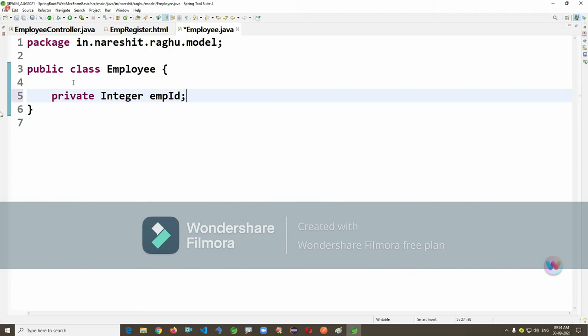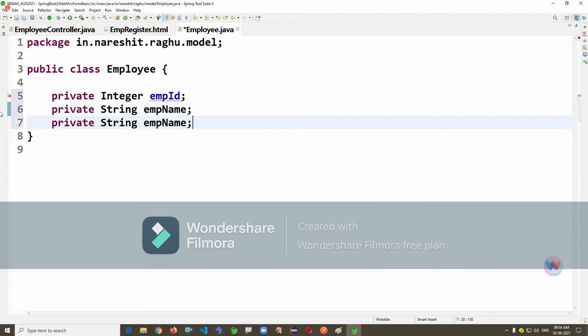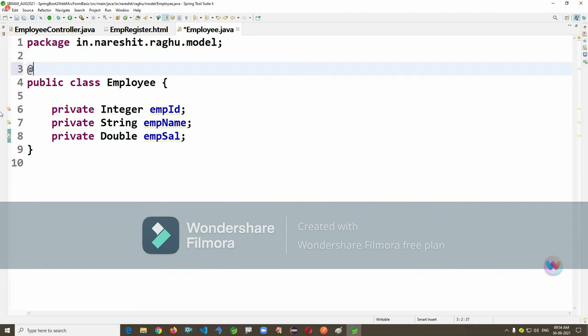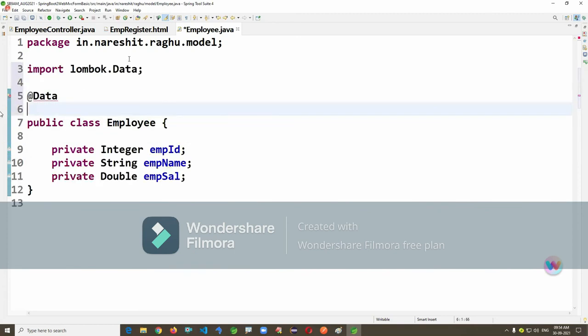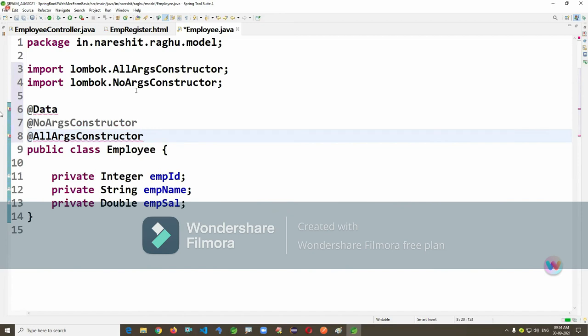So for your JDK, you check here: compile, right click on the project, properties. You have to do this. Reinstall 1.8. You don't need no-args and all-args constructors, as Lombok's @Data does this.